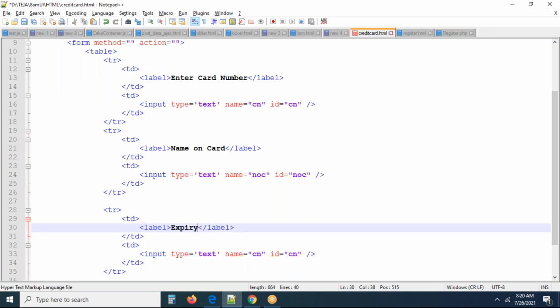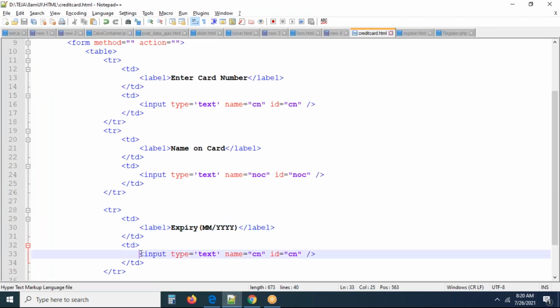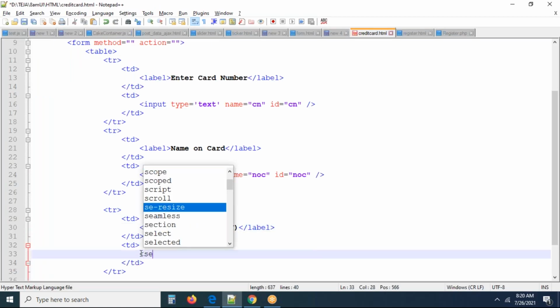Now I'm taking this, first some people will take this as a month, and this is going to be YYYY, something like this I'm taking. Now you can check this. Maximum of the people will provide you expiry as a drop down box, so we have to pick the month and year. So at this point of time, you can remove this. You can write a drop down box,